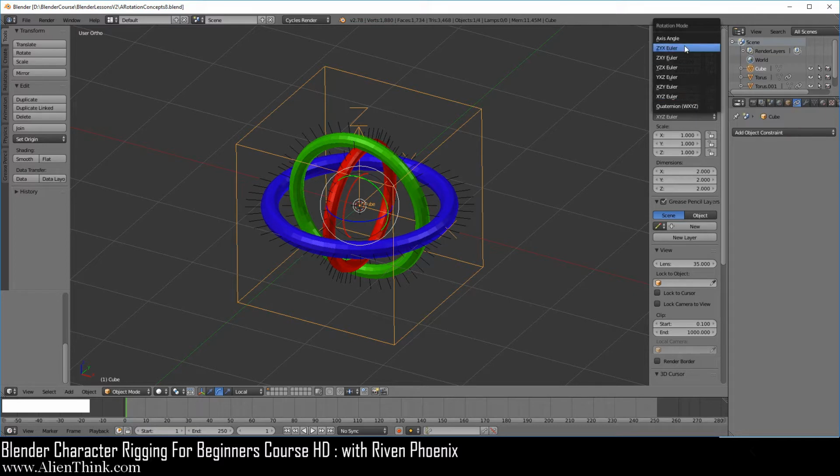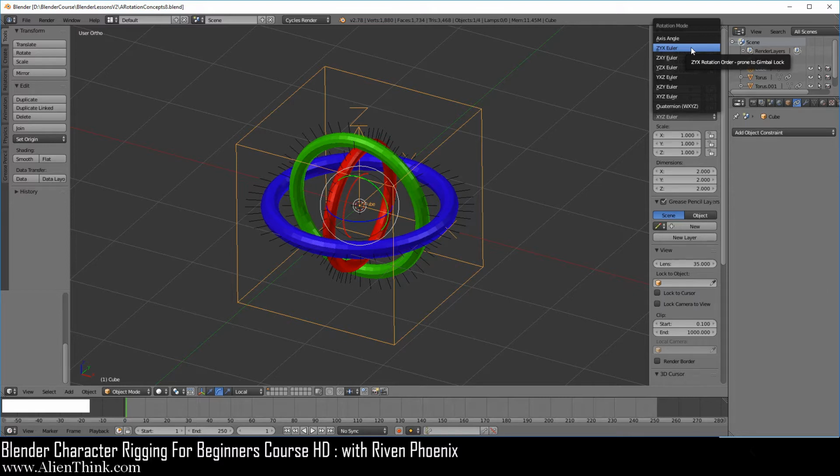Now hover your mouse over here. Now here you can see that the rotation order is going to be ZYX. So now the object is going to rotate on the z-axis first, the y-axis next, and then the x-axis last. So in this case, the z-axis is now going to become the local z-axis of the object, and the x-axis will be the world space x-axis.